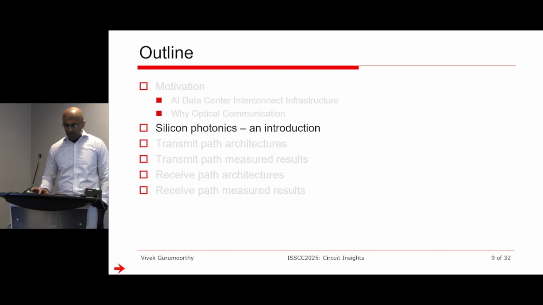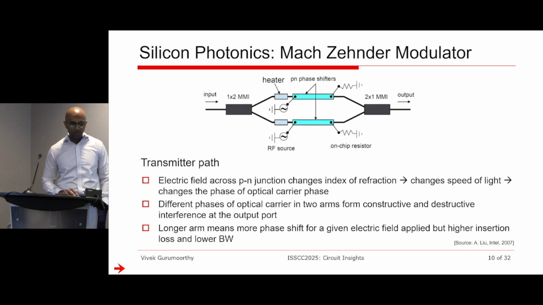Right? Now, let's go into a brief introduction of the Mach-Zehnder modulator alone. Fair warning, I'm not an optics guy, I'm a circuits guy, but I'm going to give you an introduction so you know what kind of circuits we drive in order to make this light-based transmission happen, right? This Mach-Zehnder modulator can be manufactured in different process technologies. The details of which we will not go into, but at a modeling level, what it looks like is